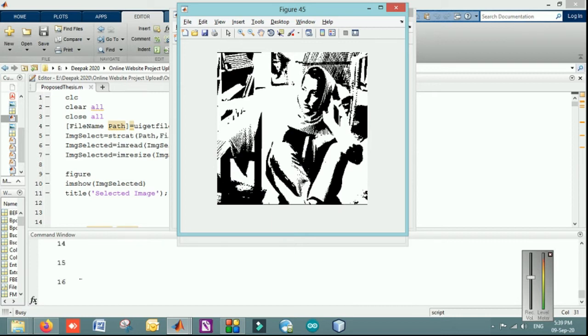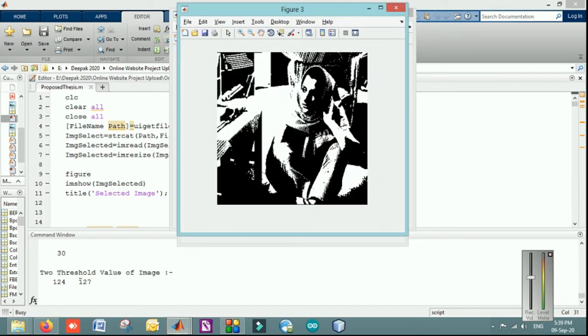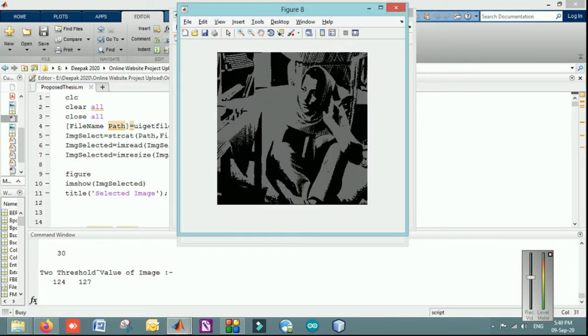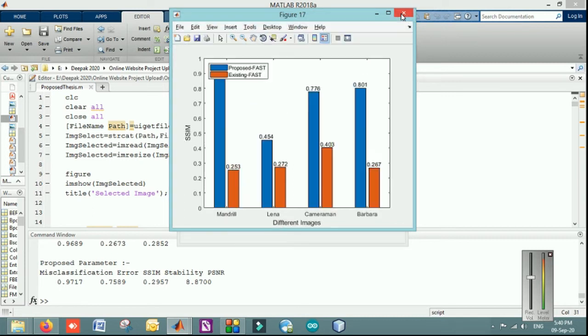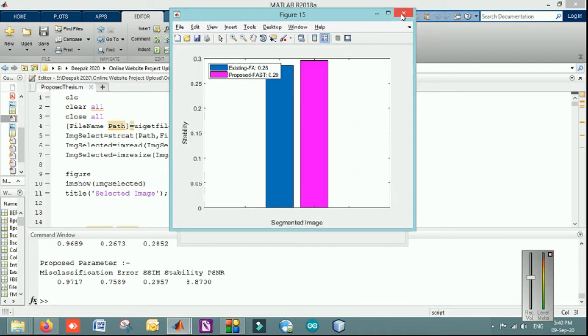The iterations are being processed to formulate the segmentation, and once the segmentation is done, multiple factors are calculated for the different techniques, and the results are compared in terms of PSNR and other quality of service factors, which show it as an effective output. You can see this is the comparison of the existing FA algorithm and the proposed algorithm in terms of the PSNR for different images, right? It is showing different images because I have saved the other results, because the overall result is to be shown in this short video, but we will focus on the main image that I have selected.